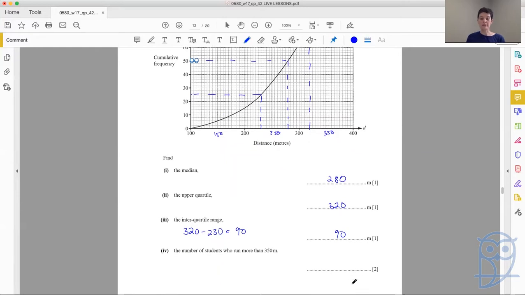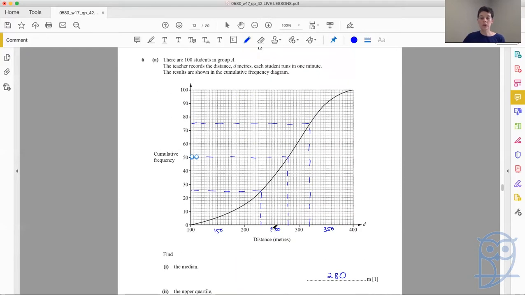The last one asks us the number of students who run more than 350 meters. So we look at our graph and we see these are all the students that run up to 350. The ones we want are these ones here between 350 and 400, so it corresponds to these students at the very top. So we need to come up from 350 and we read across and we get